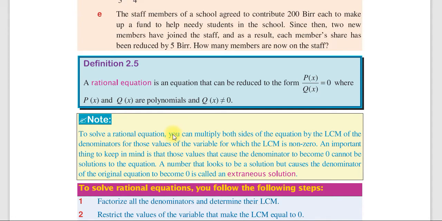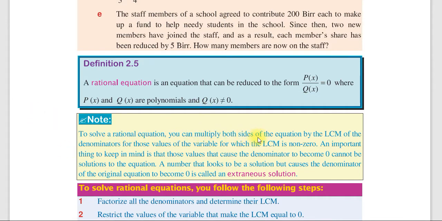ዲፋይን እናድርግ። A rational equation is an equation that can be reduced to the form p of x over q of x which is equal to 0, where p of x and q of x are polynomials and q of x differs from 0. Okay, እንግዲህ ብዙ ጊዜ የምነግራችሁ ዲኖሚኔተር ኦልዌይስ ከዜሮ መለየት እንዳለበት መዘንጋት የለባችሁ። Anyhow, p of x over q of x which is equal to 0 ፎርም ተተቀመጠ rational equation ይባላል ማለት ነው።